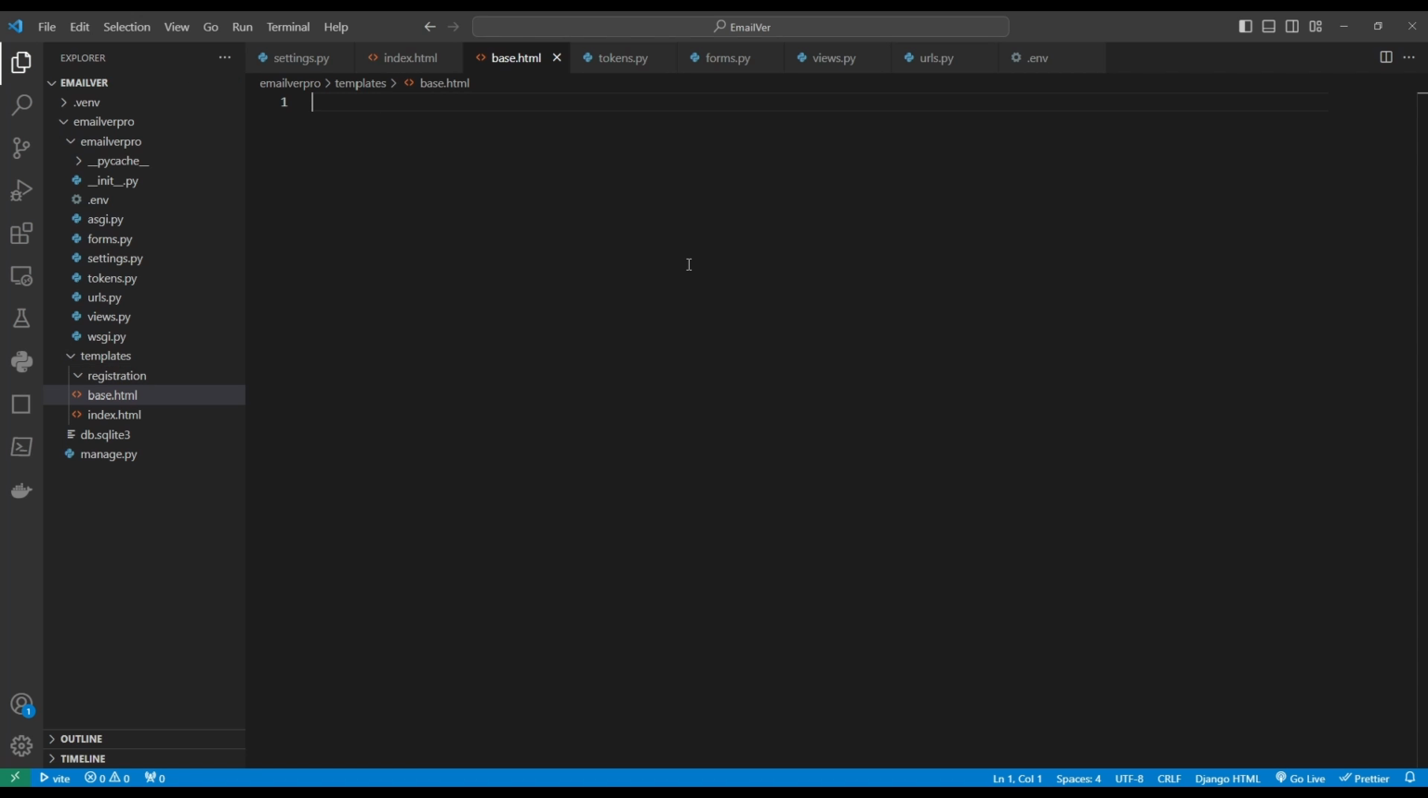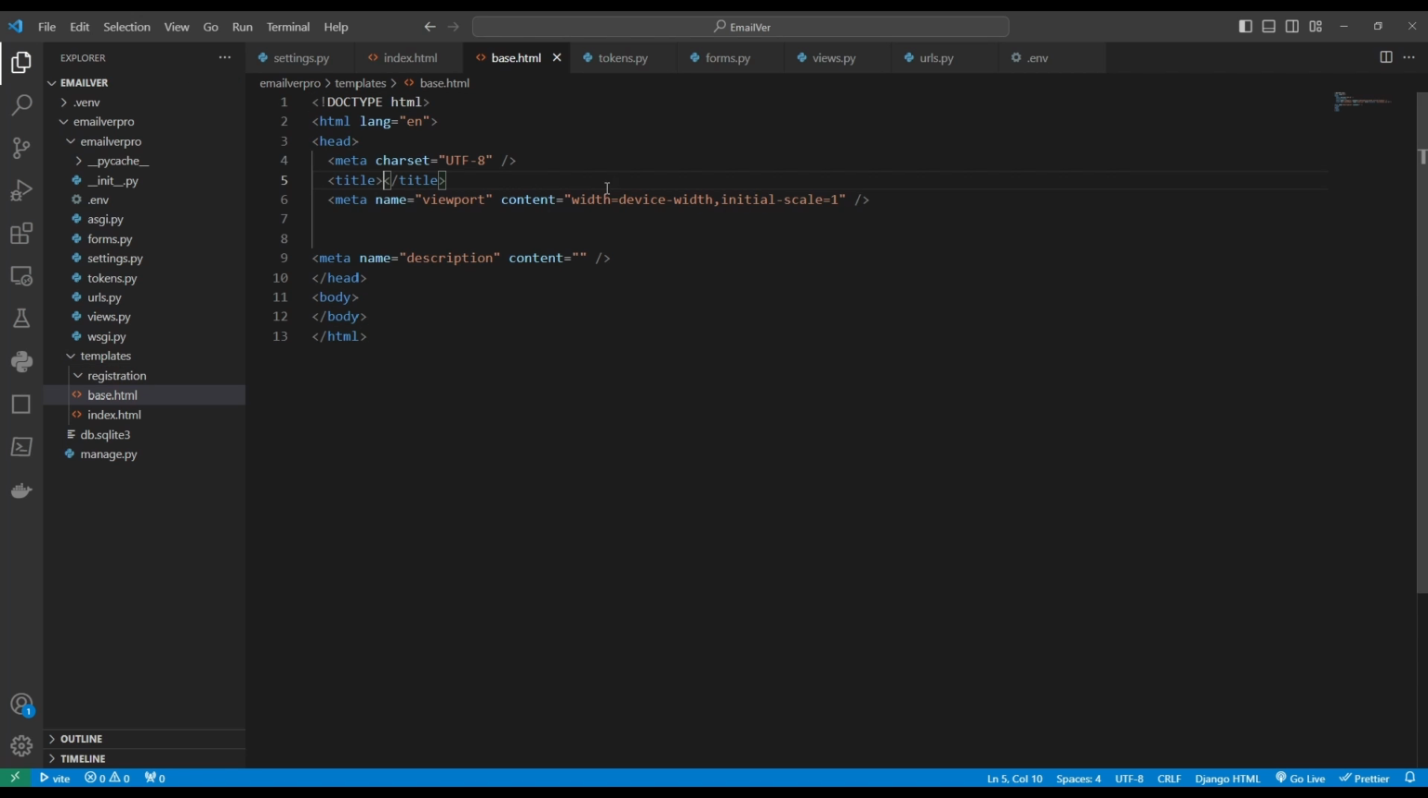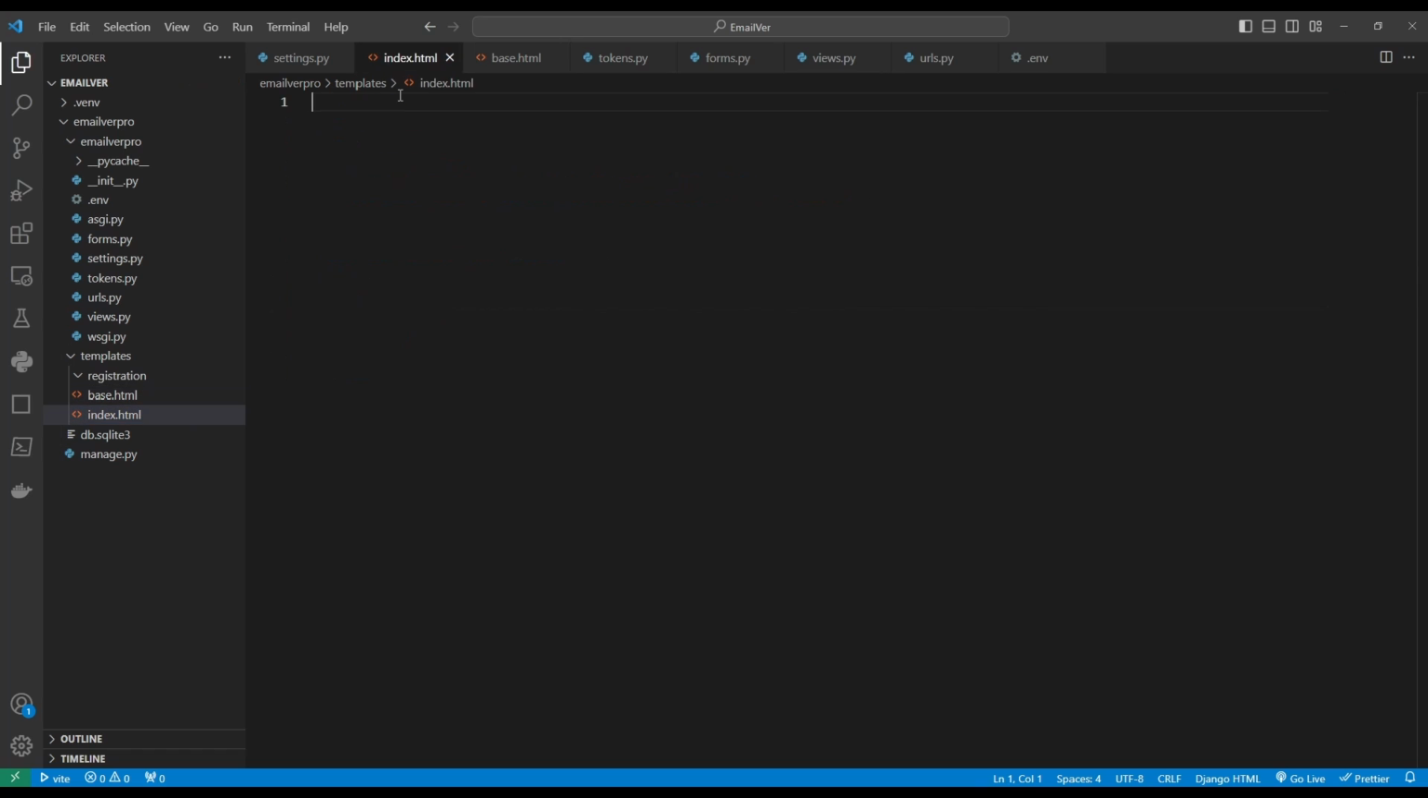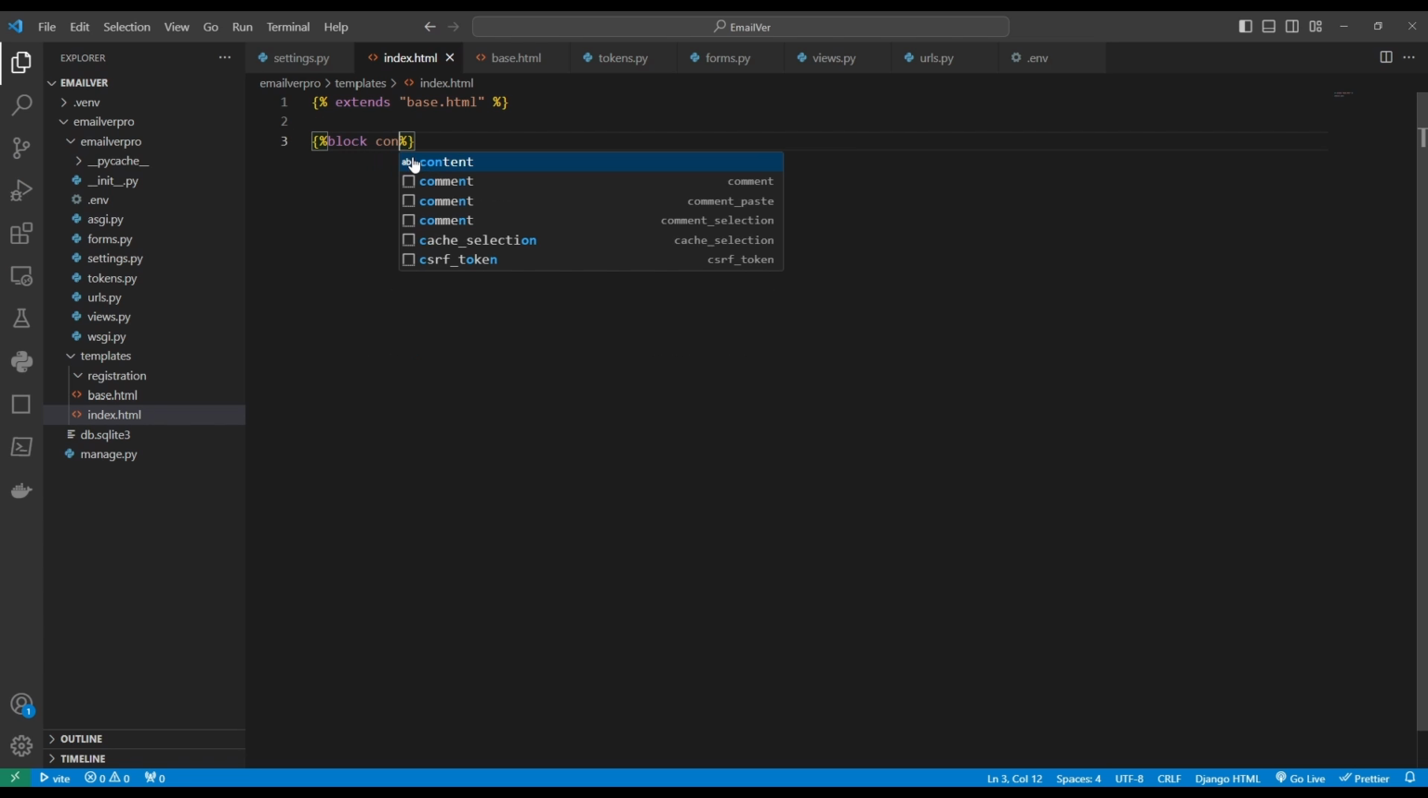All right, let's begin by adding some HTML boilerplate. And where the title is, we want to create a block title. And let's set a default title for our page and call it email verification. Okay, and within our body, let's just create another block, and it will be our block content and endblock. All right, and now let's go to our index.html and let's extend our base.html file